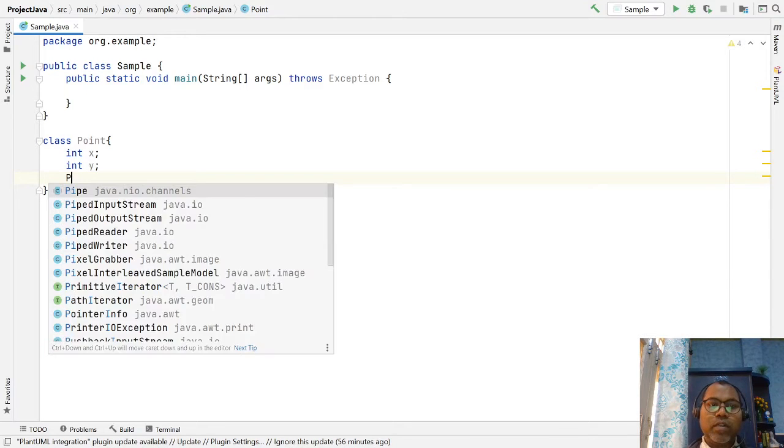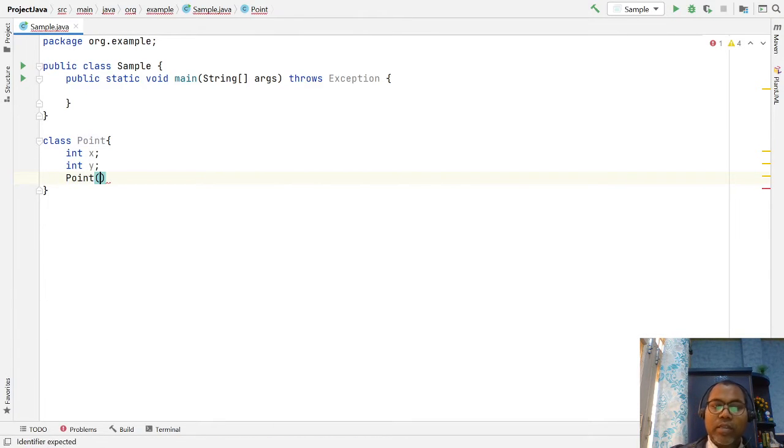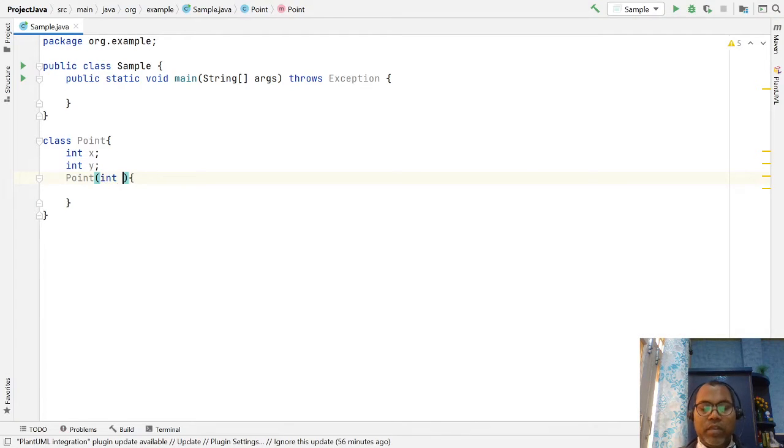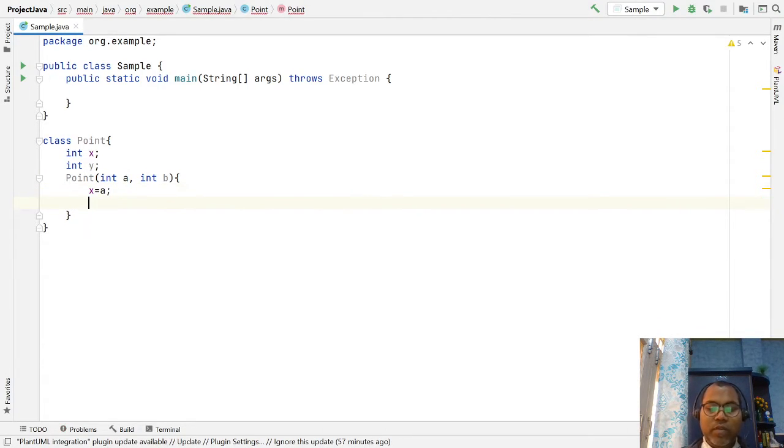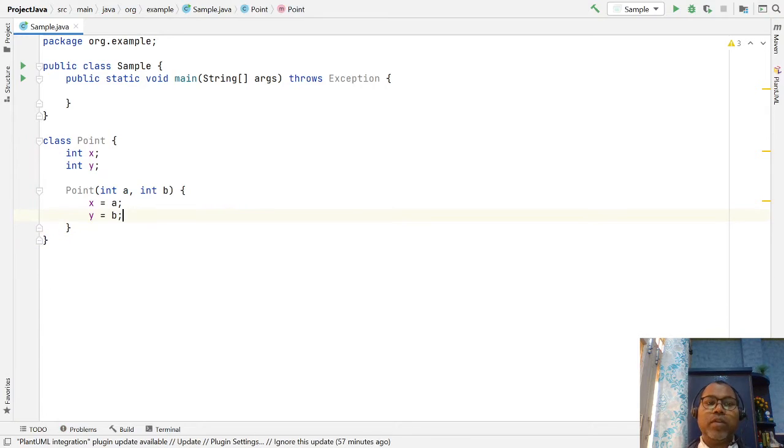You know a constructor has the same name as your class name and takes some arguments, and a constructor does not have a return value. Here I can pass integer a and integer b, and assign whatever input comes in a to x and whatever comes in b to y. So this is how to create an object.